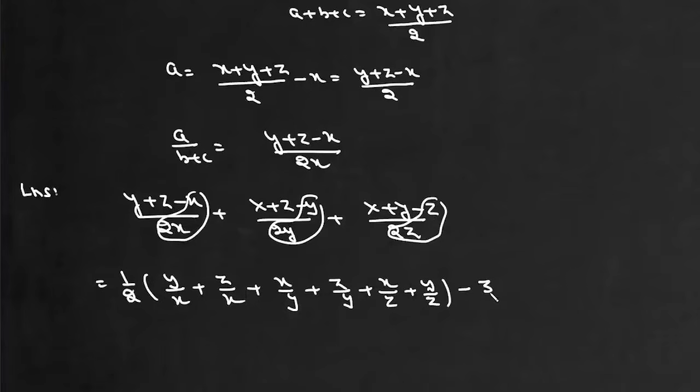-1/2 -1/2 -1/2, जो कि हो गया आपका -3/2। अब अगर इस एक्सप्रेशन को देखें तो ऊपर हमारे पास 2y है, नीचे भी 2y है, 2z है, नीचे भी 2z है, ऊपर 2x है, नीचे भी 2x है। तो इन सबको मल्टीप्लाई करेंगे तो इसका वैल्यू 1 आएगा। तो क्लियरली हमें पता है कि अगर इसमें हम AMGM यूज करें तो हम इसका मिनिमम वैल्यू निकाल सकते हैं। तो हम क्या करेंगे, साइड में इसका मिनिमम वैल्यू निकालेंगे।